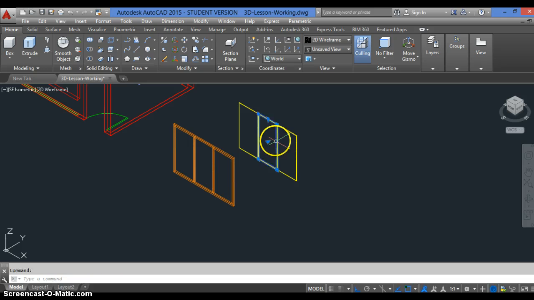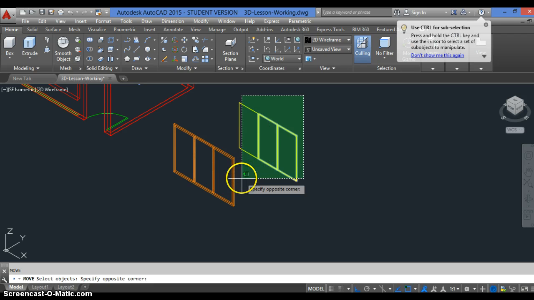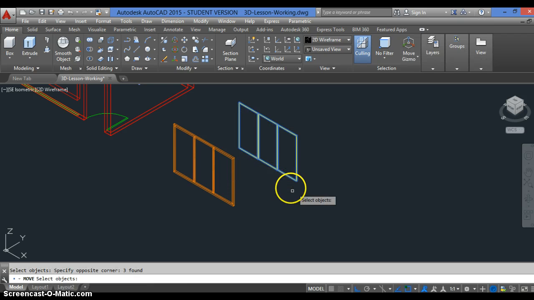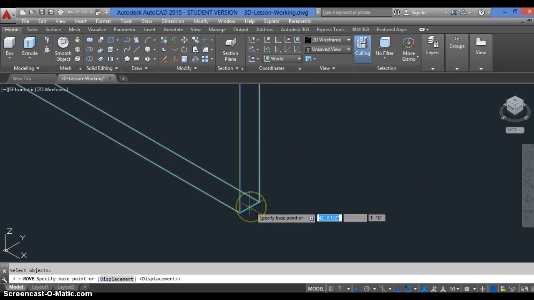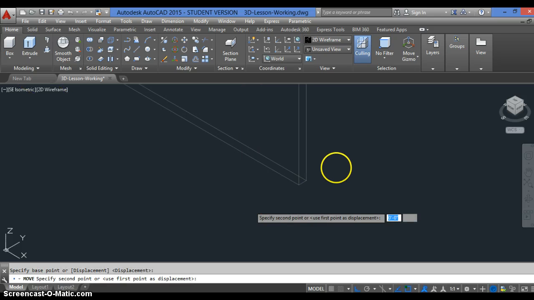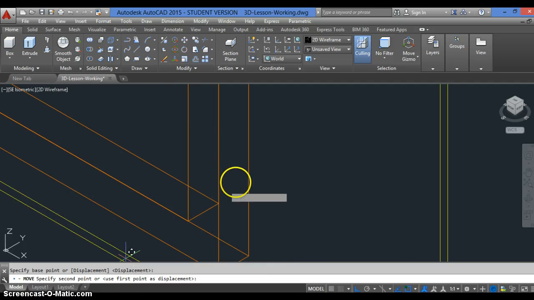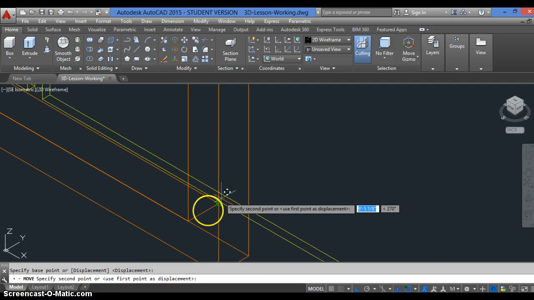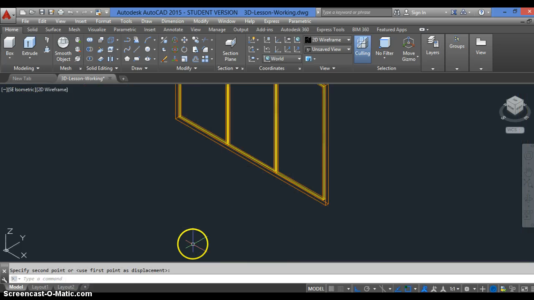Now we'll move all three of them. Enter. Down here by the midpoint of the glass to the midpoint of the inside of the window frame. Right there. Click. All of our glass is in place, so if we do hide, it's going to look solid